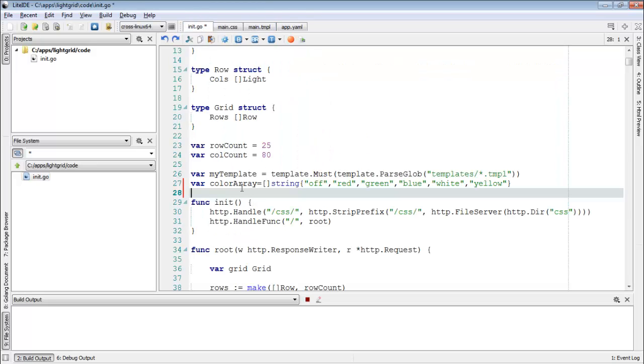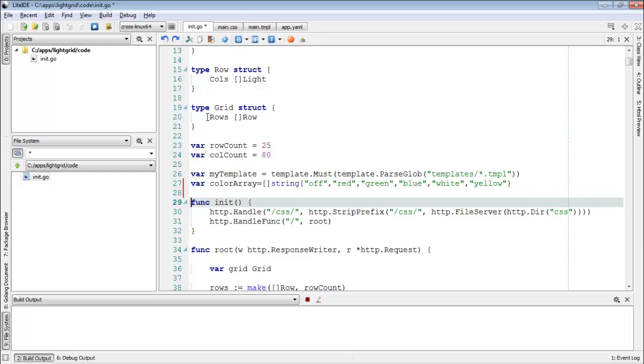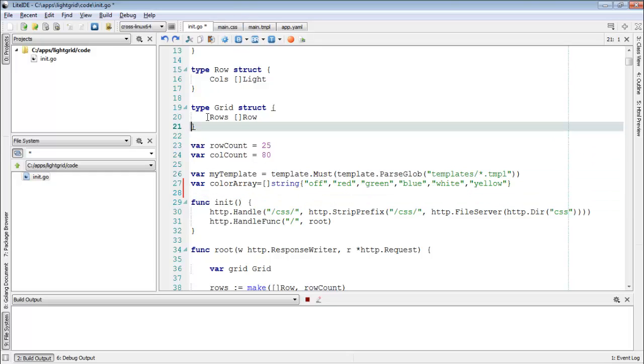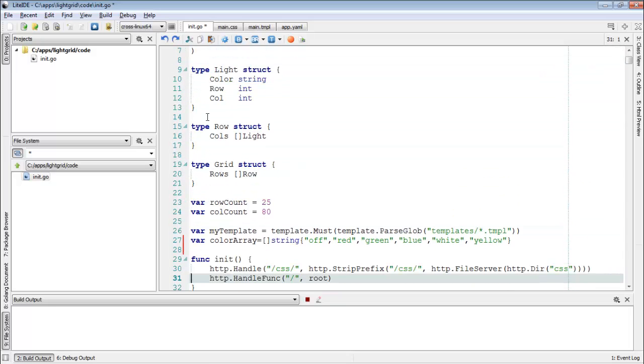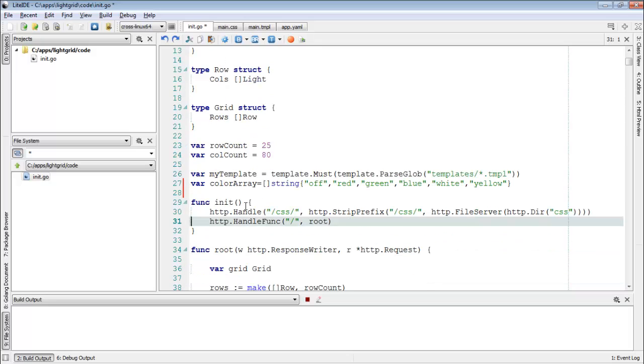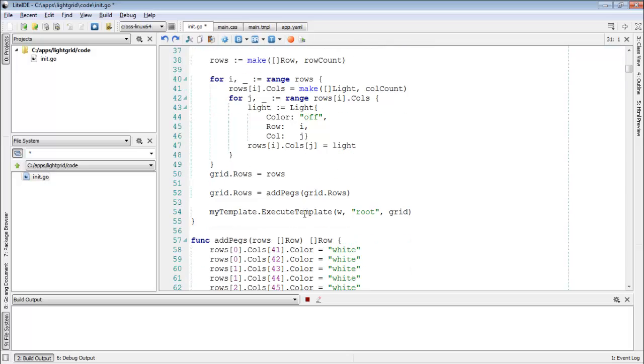Because really what I want to do is just loop over the color array, and for each element in the array we're going to create the selection in the template. So it'll look much easier on the templating side. But to do that, we now need to create a color palette, and we're going to need to pass that into the template itself. But to pass anything into the template, we're relying on this particular command, the execute template,